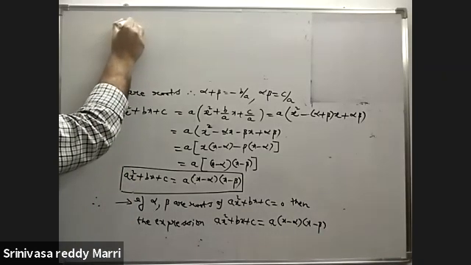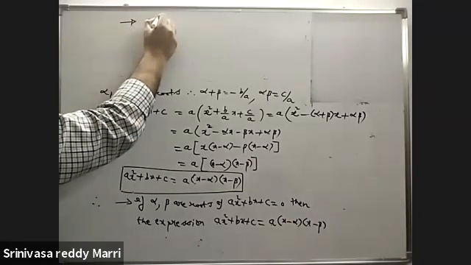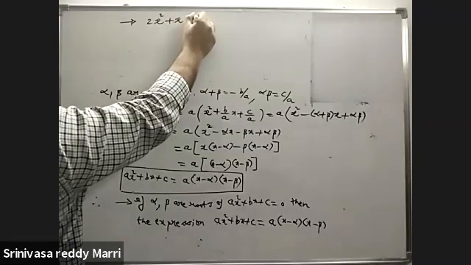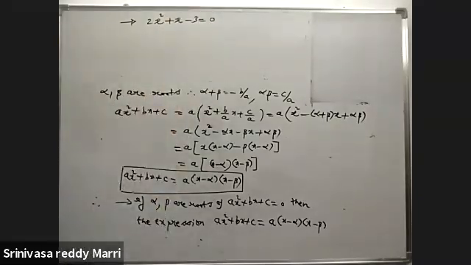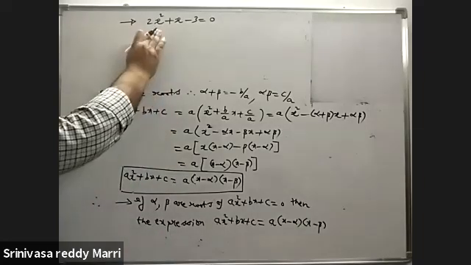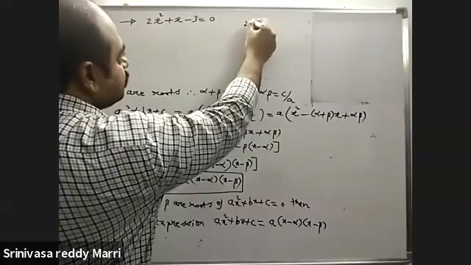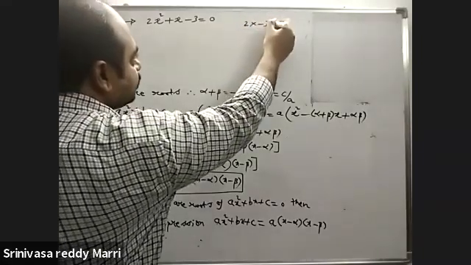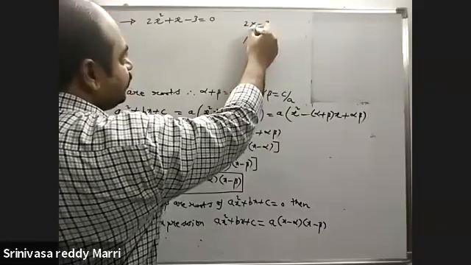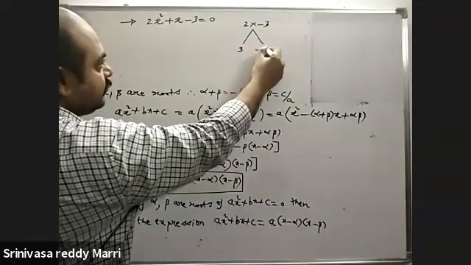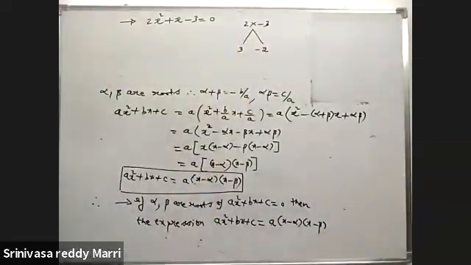This we will do in the regular method. Suppose a simple 2x square plus x minus 3 equal to 0. This is the quadratic expression. Now this is the quadratic equation. Without finding the root, suppose you want to factorize this one. 2 into minus 3 is there. How can it be written? Plus 1 is there. We will write 3 here, minus 2. We'll factorize like that.